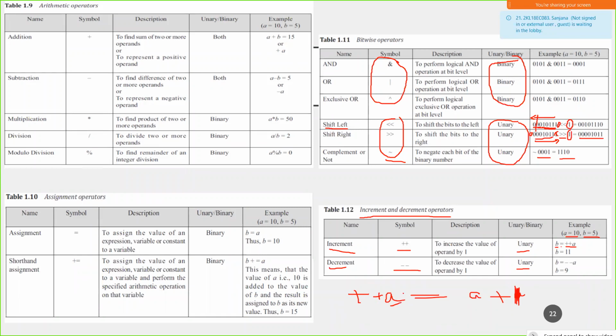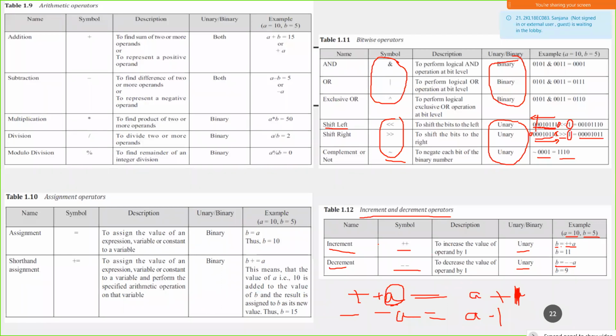You increment this variable by 1. So similarly here you can see that B is equal to --A. This is equivalent to A minus 1.